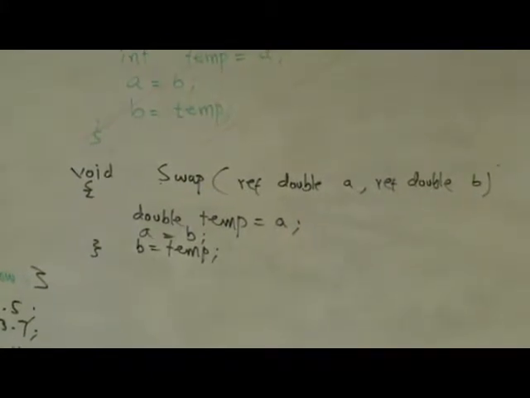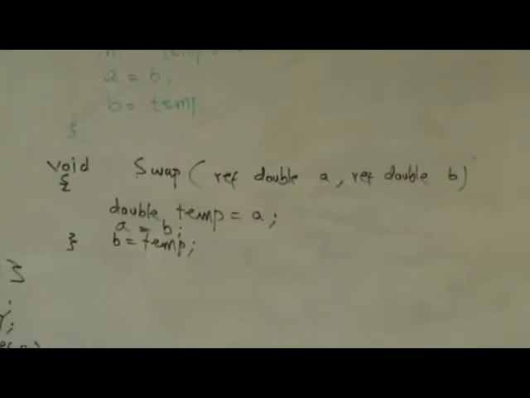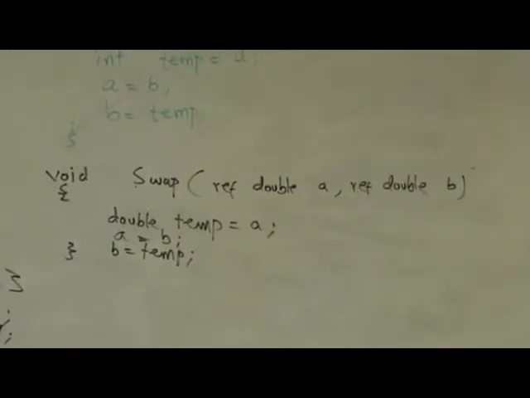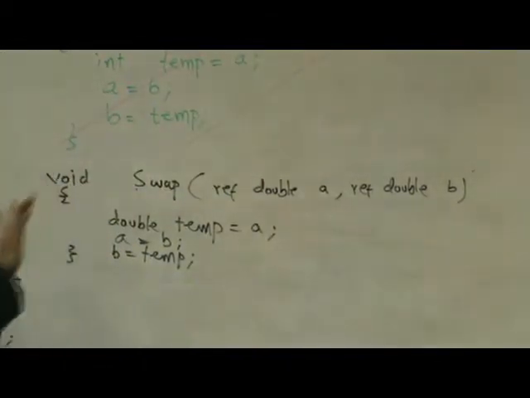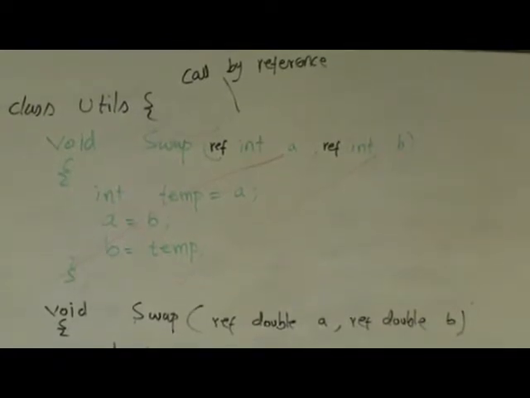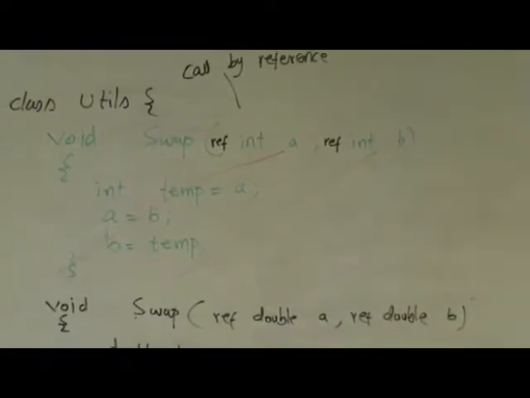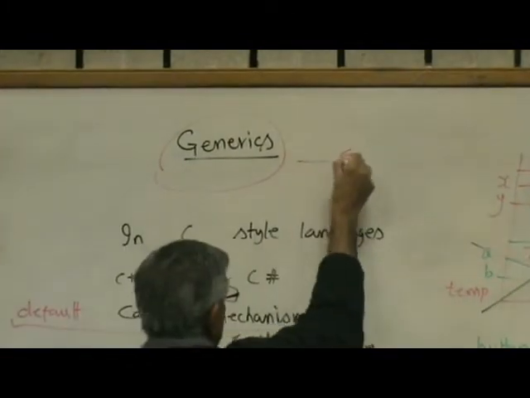So rather than us keep copying, pasting, and changing the data type, can we write one method where the data type is flexible, meaning the caller can decide whether it should be int or double or string? That capability is called generics, and it is similar to